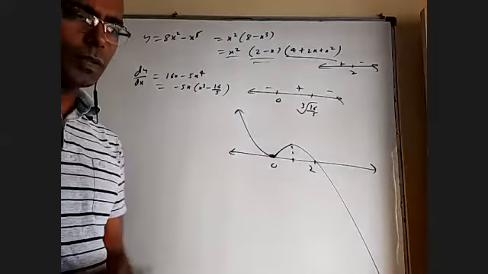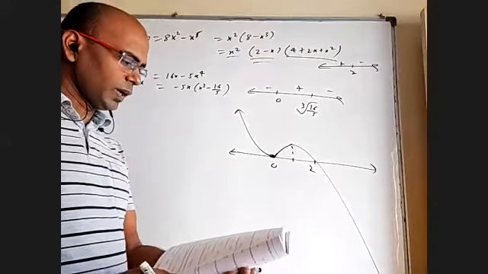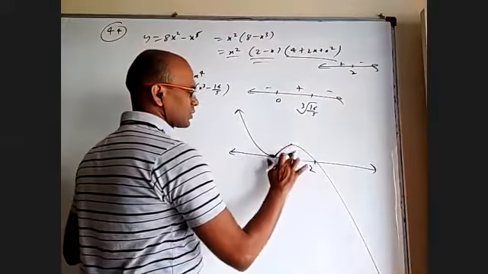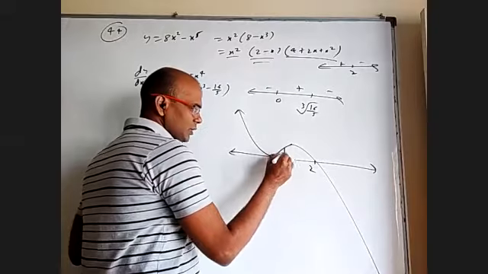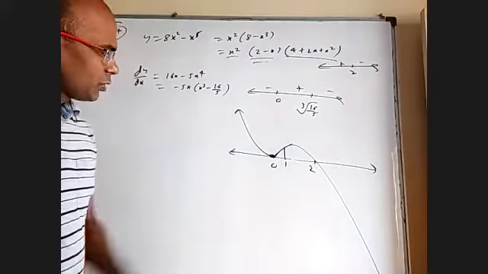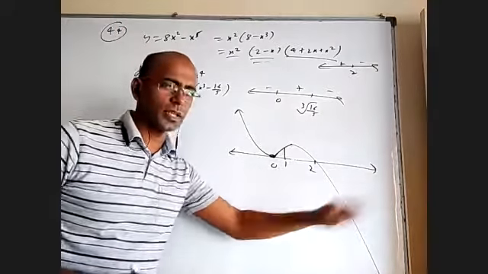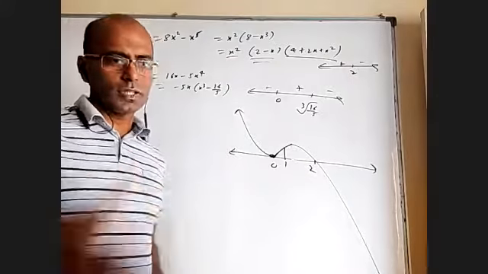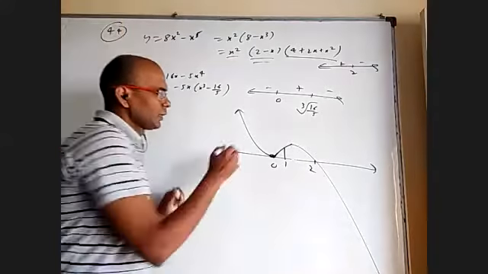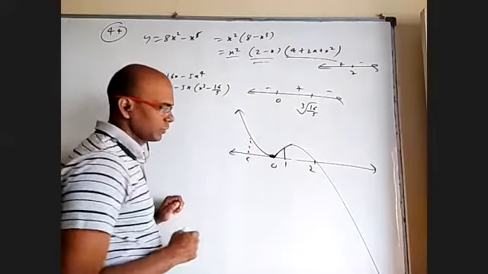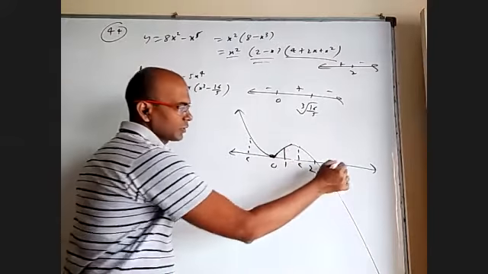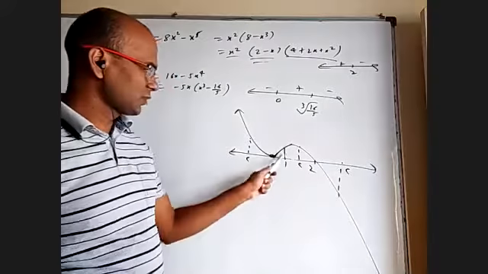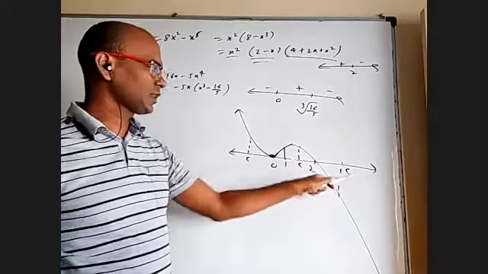Now they want that the area between 1 and C should be 16 by 3. Okay, so cube root of 16 by 5 may be a little more than 1. So 1 is somewhere here. We don't know whether C is on this side or this side or this side. So I have to take 3 cases. Actually, it can be easily given as a more than one answer question with 3 different options, I guess. If C is here, one answer. If C is here, another answer. Whether it's possible or not, I don't know, because if this area itself is more than 16 by 3, it will not exist.